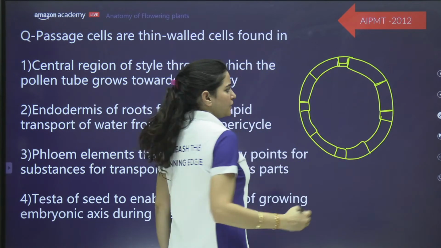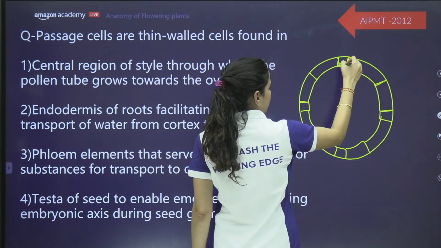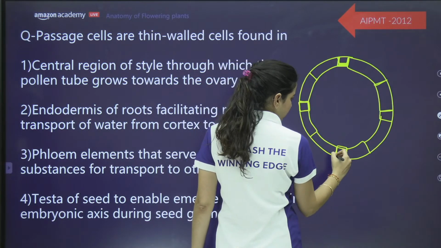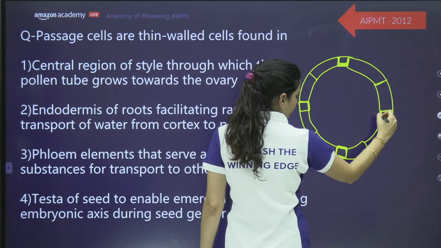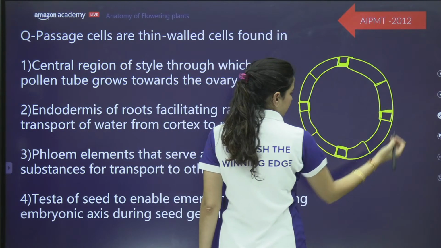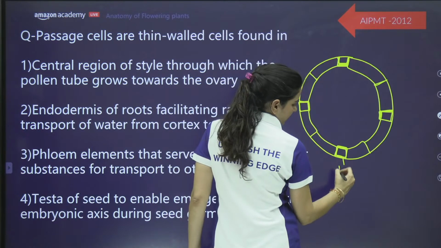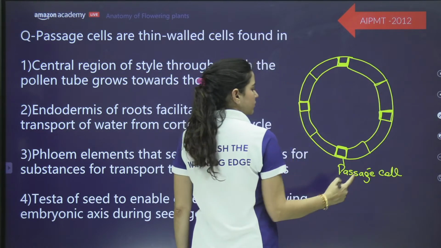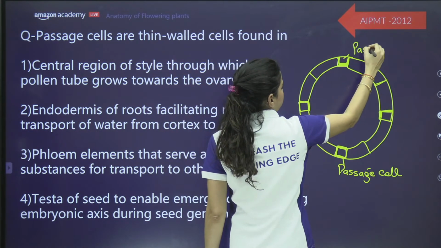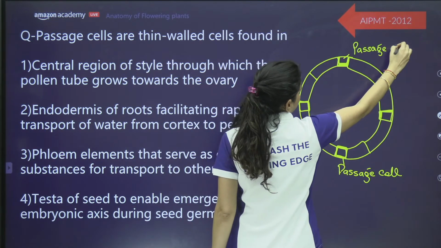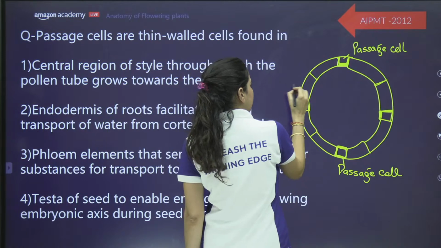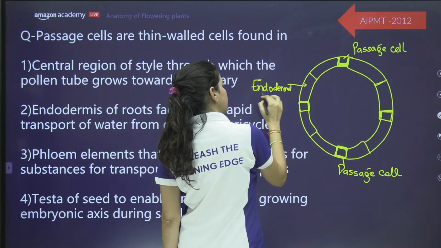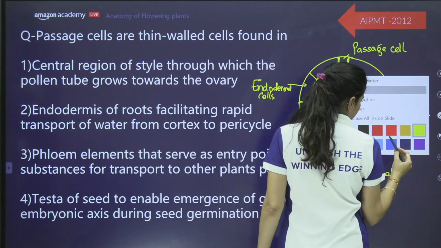तो ये मैंने बनाया है. तो बेटा यहाँ पे आप देख रहे हो, ये एक सेल हो गई, ये एक सेल हो गई, और ये भी एक सेल हो गई. Right? So this is a passage cell. This one is also a passage cell. And these cells are endodermal cells, and they do have presence of,